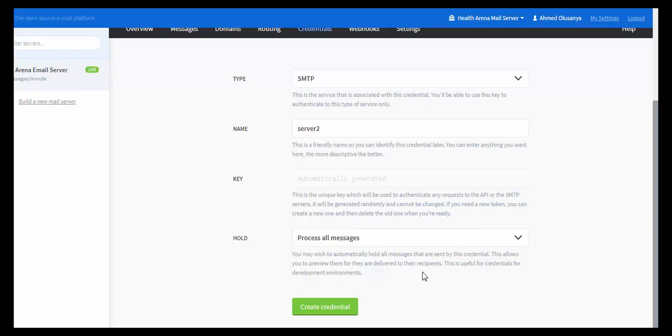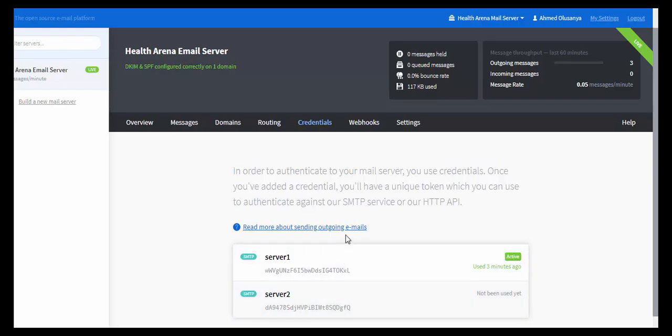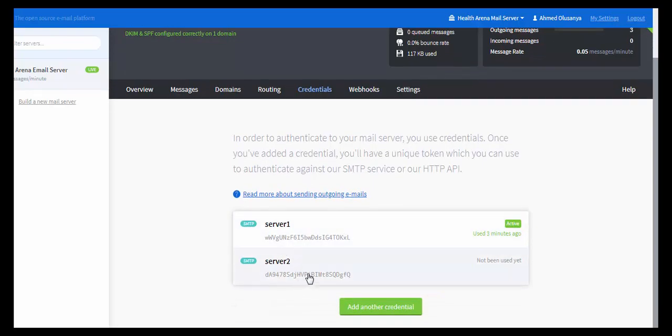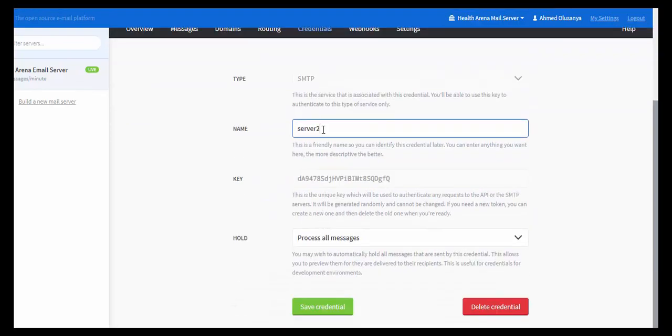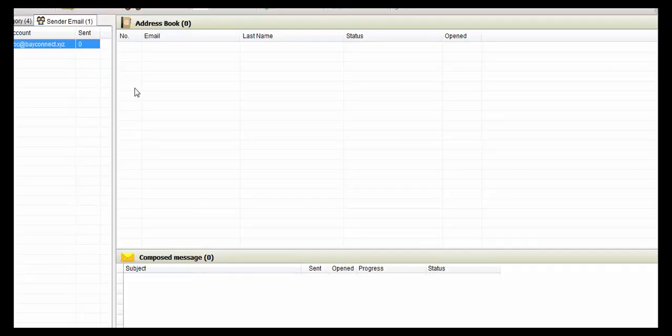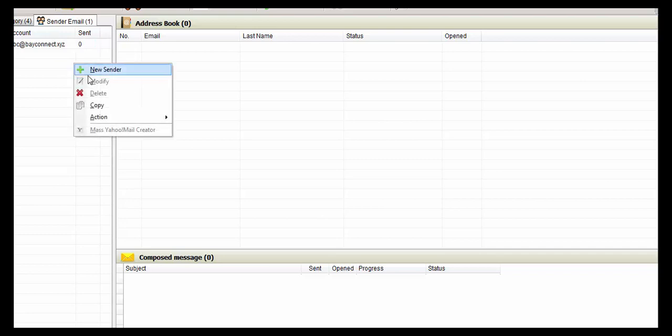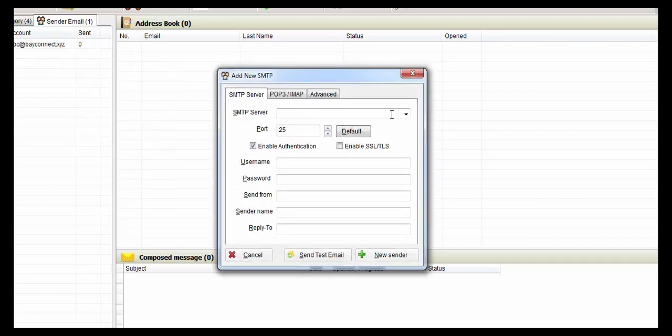Server 2. Make sure you note the spaces there. Then click on create credentials. You can see server 2. This is the key, and this is our name. Go to our software, right click on this new sender. Then for username, paste our server